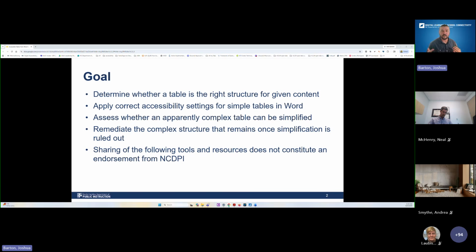And then finally, it's just a good important reminder that any of the product tools and resources that I reference today are by no means an endorsement from the North Carolina Department of Public Instruction, NCDIT, the Office of Digital Learning and School Connectivity, any of those folks. They're mainly there to highlight options that are out there and available and to walk through systems to support the scope of this work. Additionally, any checklists or accessibility tools that I reference, it's important to recognize and understand that